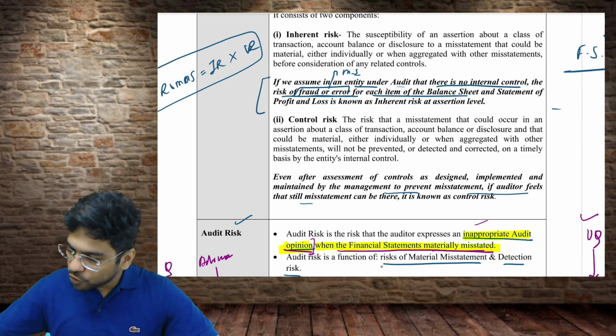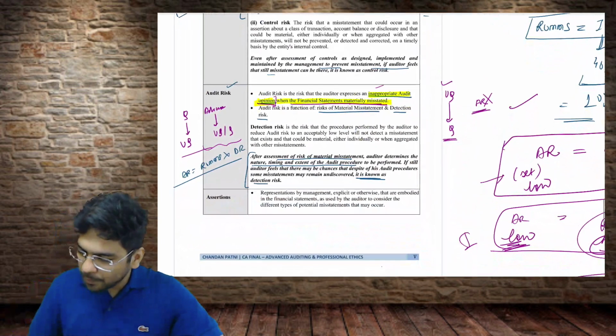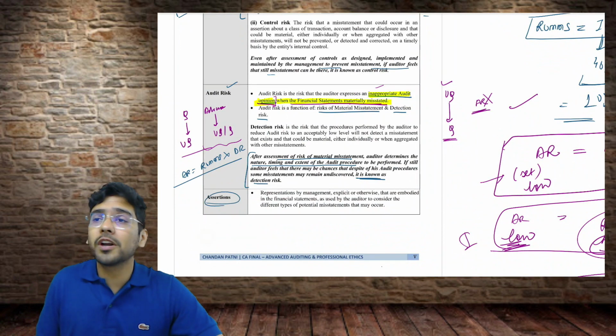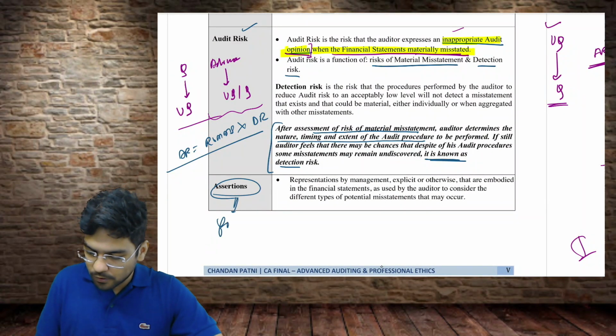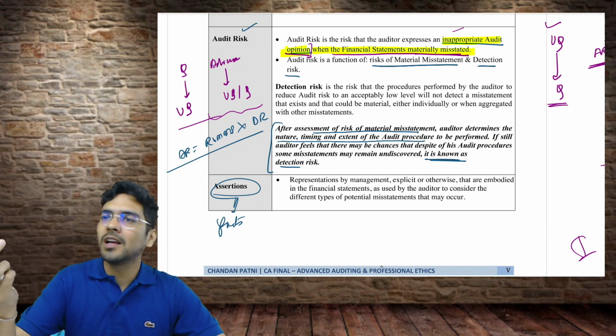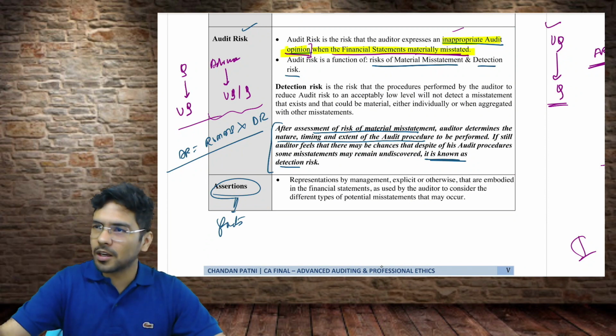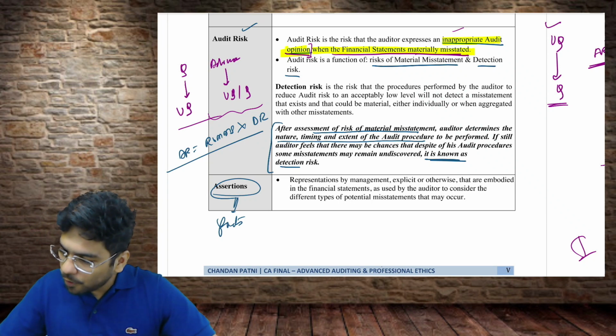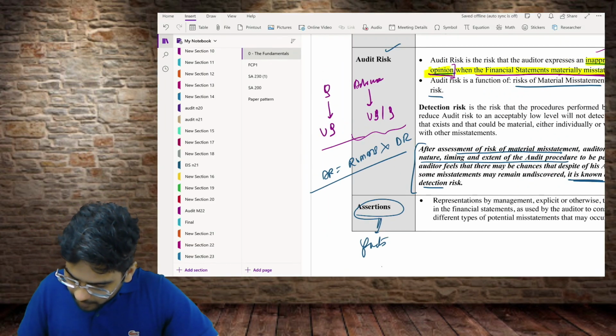Fine. Okay. So if you have understood this concept, we have the word assertions. What did I tell you? What does assertion mean? Facts. Who gives these facts? Facts or representations made by management, in the financial statements itself. Okay. All right. Now, if you have understood this part, let me just go back